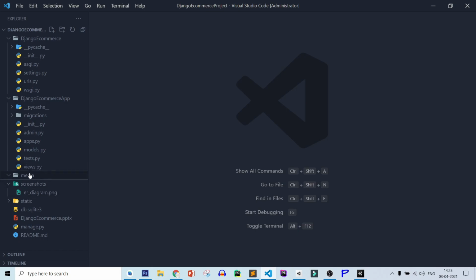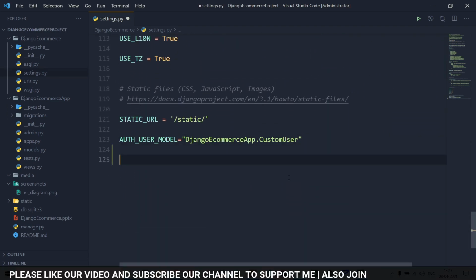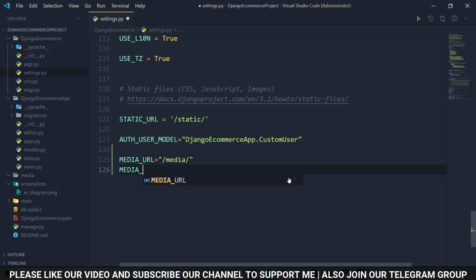After that we need to link this media and static folder in our project. So let's link these folders. For this you need to open settings.py. After that come to the bottom of your code, and first add MEDIA_URL equal to '/media/', after that MEDIA_ROOT equal to os.path.join.